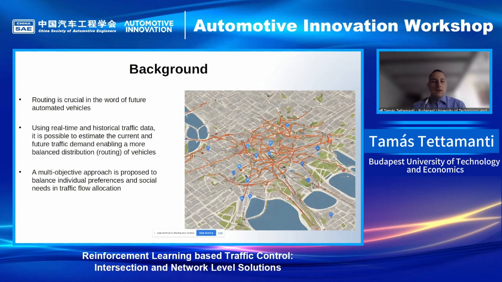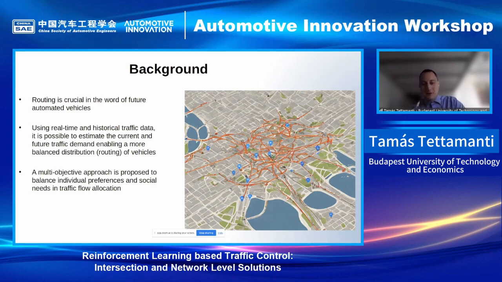And we also know that by collecting real-time and historical traffic data, very well patterns can be revealed to understand the dynamics of the traffic in a given network. So the traffic demand can be distributed or assigned in an optimal way if we want. But the eternal question is here again, that there is a so-called user or individual optimum and social optimum, and they are not always aligned.